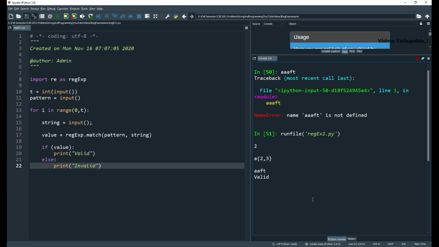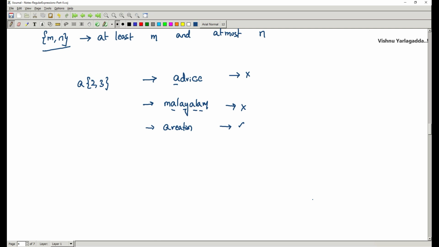AFT valid, AAFT valid. So that means A should appear at the initial place, and that too a minimum of 2 times and a maximum of 3 times. In this case all are invalid. And if you give a test case like AAFT, then it is valid.